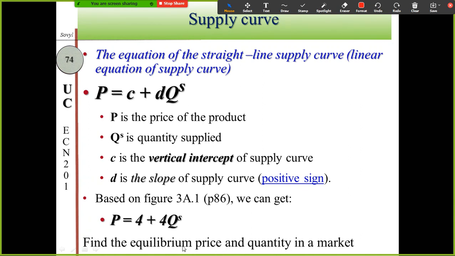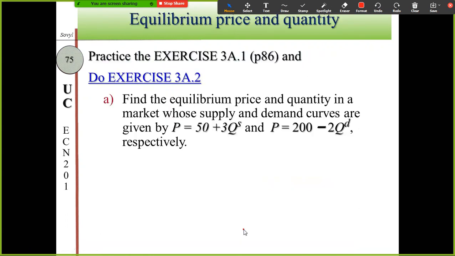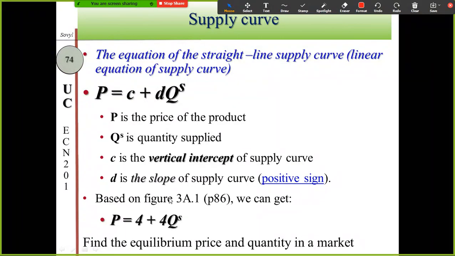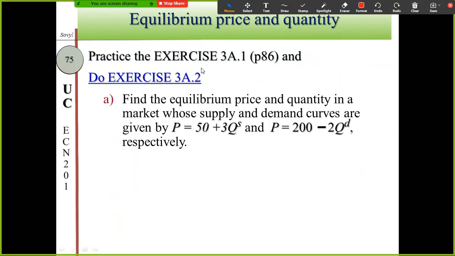In order to get the equilibrium price or equilibrium quantity, you need to find the equilibrium market. Okay, you need to find the equilibrium market. I also mentioned already how to get the equilibrium market. Now you can find it for me. That's why practice. Okay, this is practice. Besides the practice exercise or example